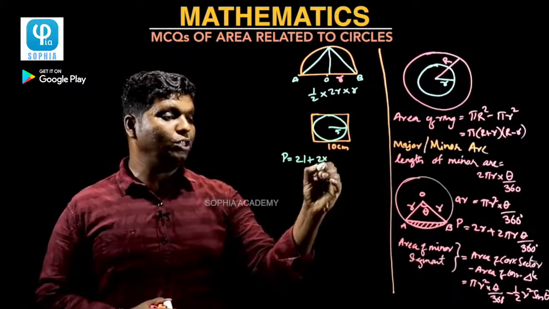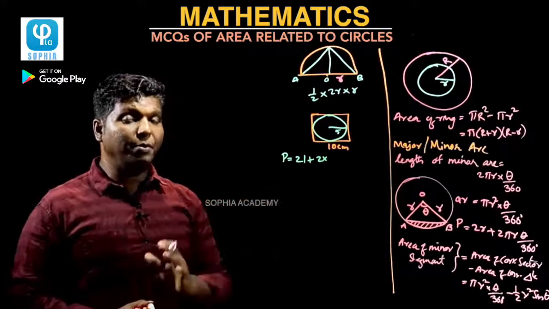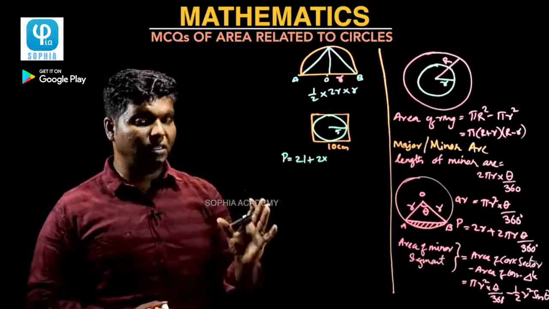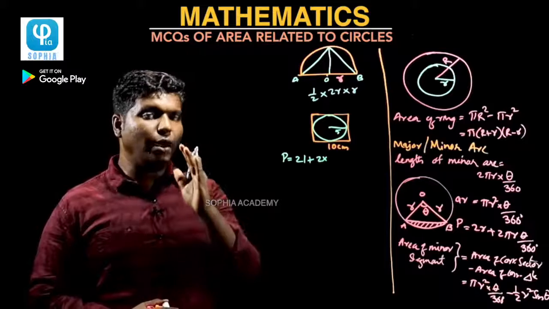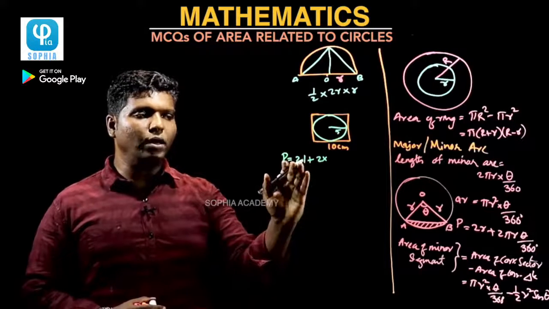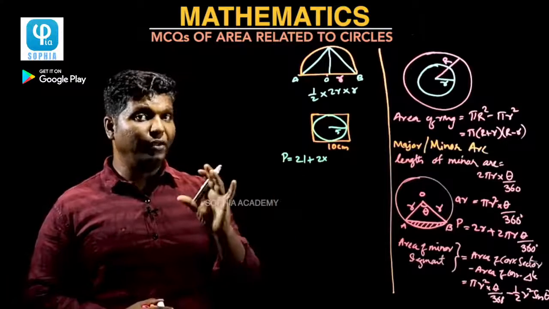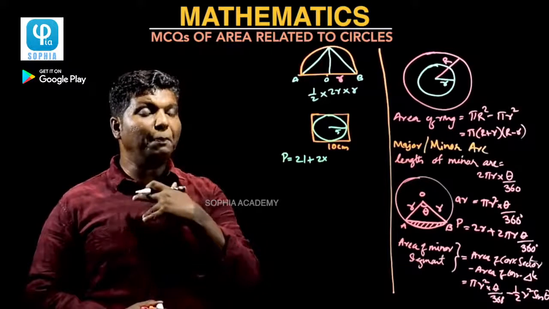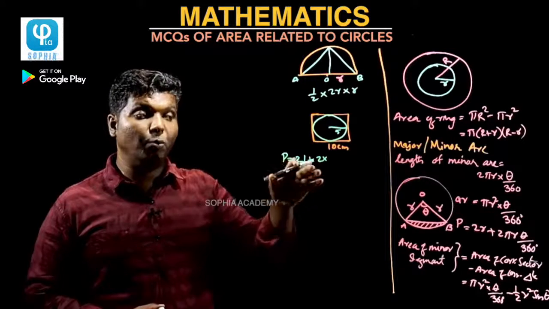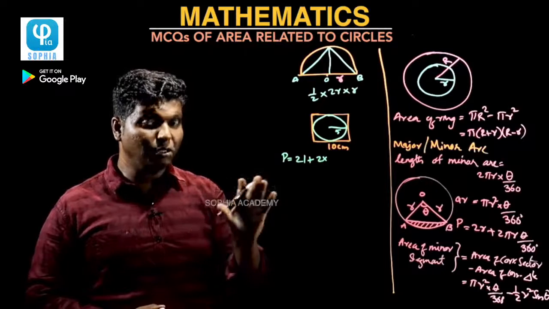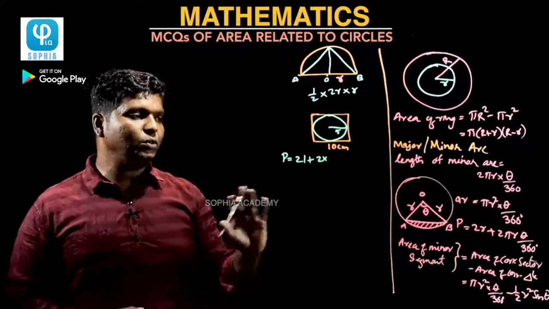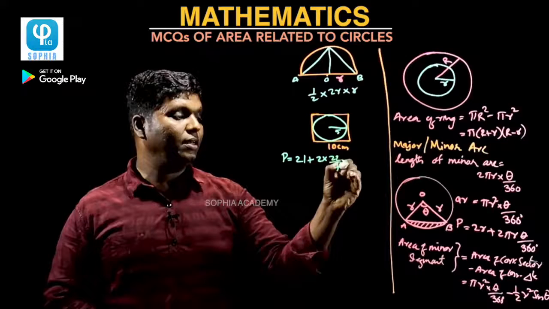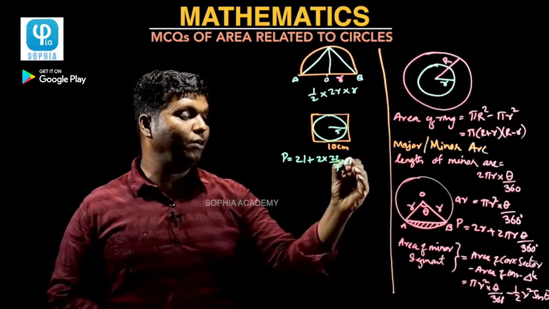So 2 into, here regarding pi, there may be a confusion whether you want to take 22 by 7 or whether you want to go with 3.14, because in the previous question we went with 3.14. So here you have to choose very wisely. See here, you know that already 21 is there, and you know that 10.5 is the radius given, and 10.5 is divisible by 7. Keeping that in your mind, as it is divisible by 7, obviously you have to take 22 by 7, because it comes inside the table of 7, right? So that's why we are going that way. So 2 into, instead of pi we are going to write 22 by 7 into, tell me, 2 pi is over, r is 10.5